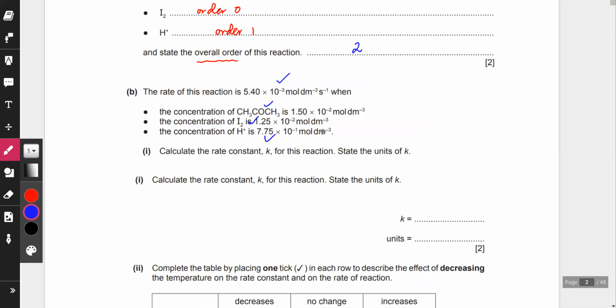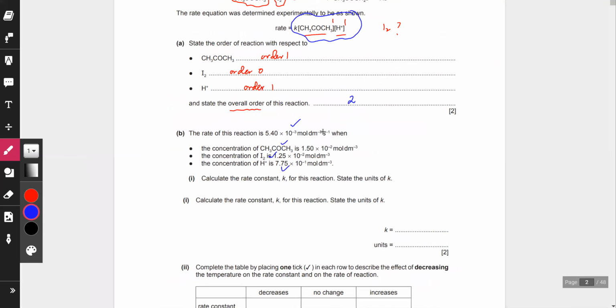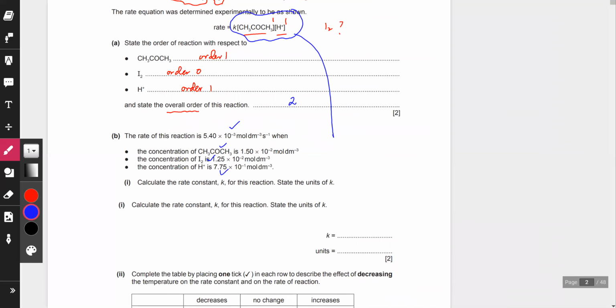So what we're going to do is we already have this rate equation. So I'm just going to put these values over there. Take out your calculators and tell me what the answer is. So I'm just going to substitute these values in the equation above. So the rate is 5.4 times 10 power minus 3 mole per dm cube per second is equal to K times the ketone concentration, which is given as 1.5